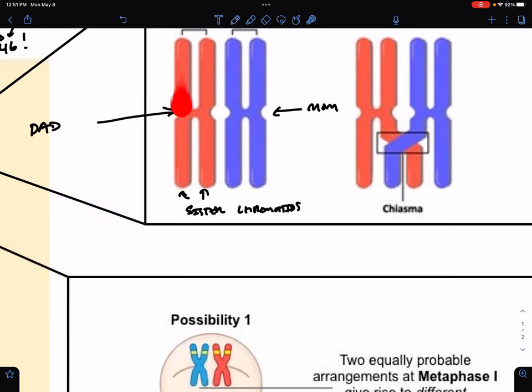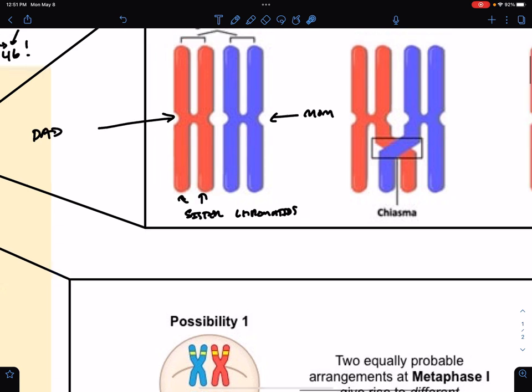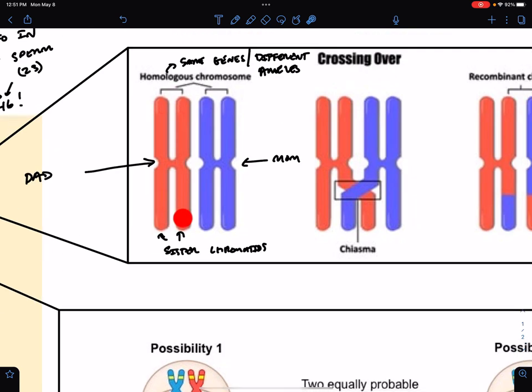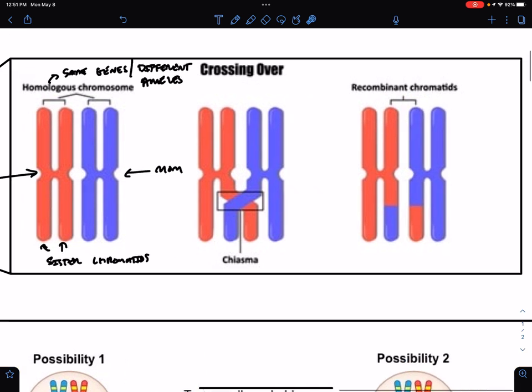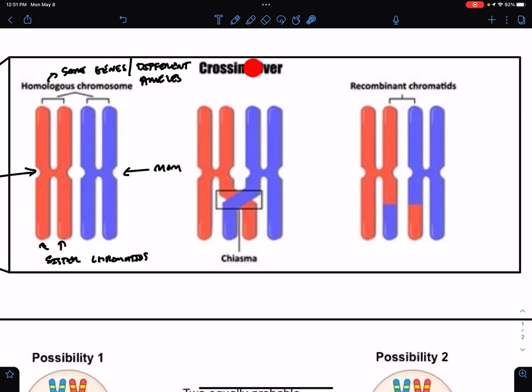So this arm is exactly the same as this arm. These are clones. This is a clone of this. It's not the same as this. This one is the same as this, but these are homologous chromosomes. They share the same genes, but they have different alleles. Okay, so what happens during prophase? They do this,